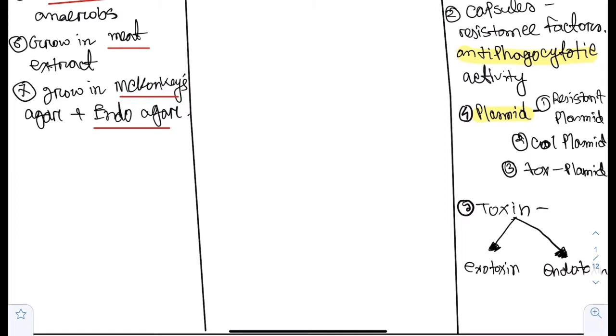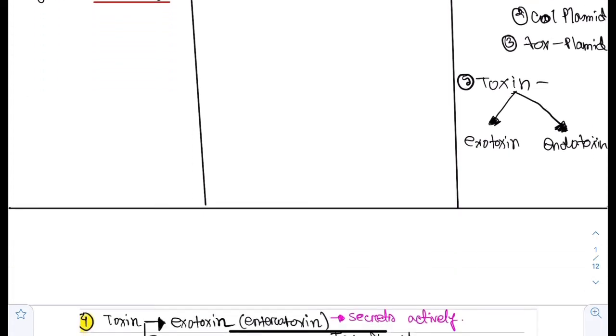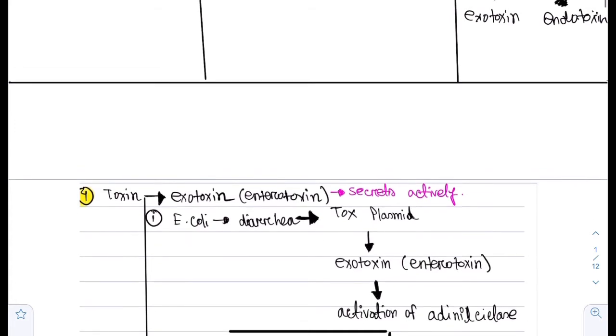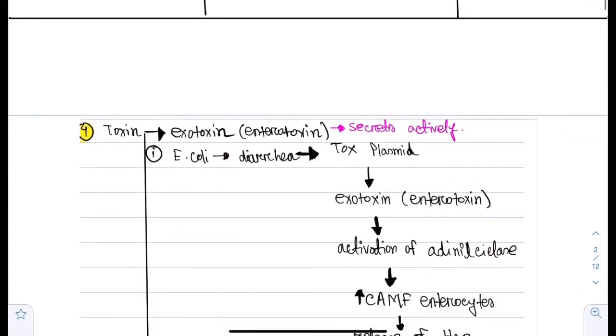And then we have the col plasmid, which is the main reason for the virulence factor, which will spread the toxins or the pathogenic chemicals. And there is the tox plasmid, and this is classified as exotoxin and endotoxin. So the exotoxin is